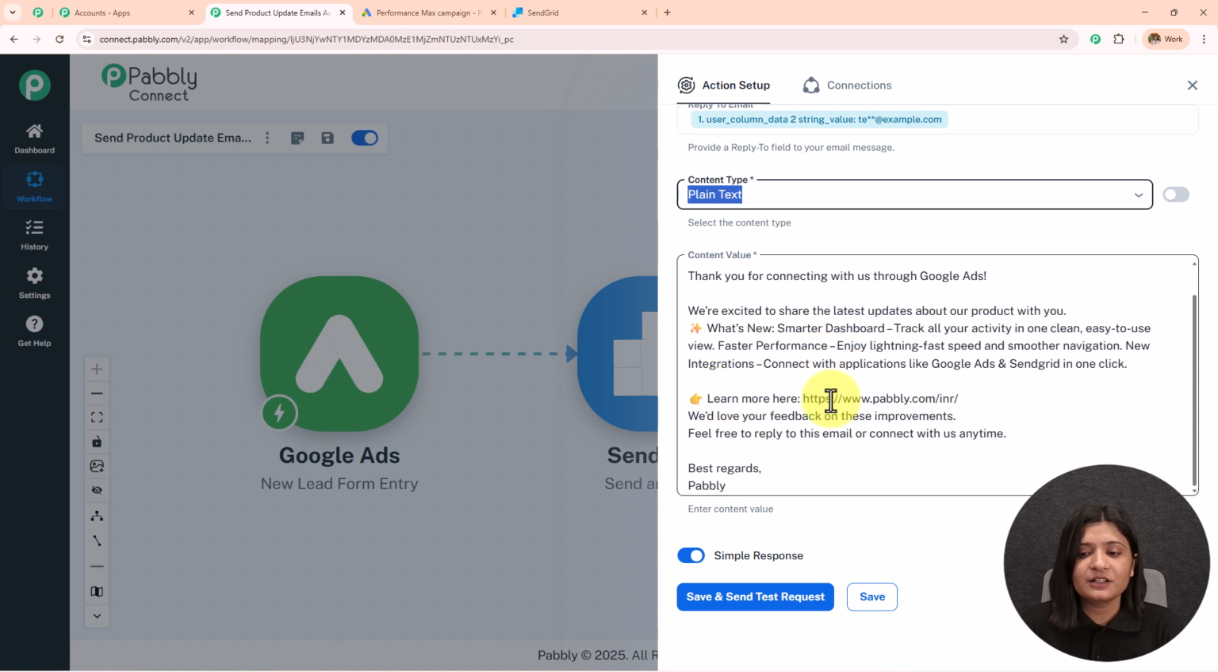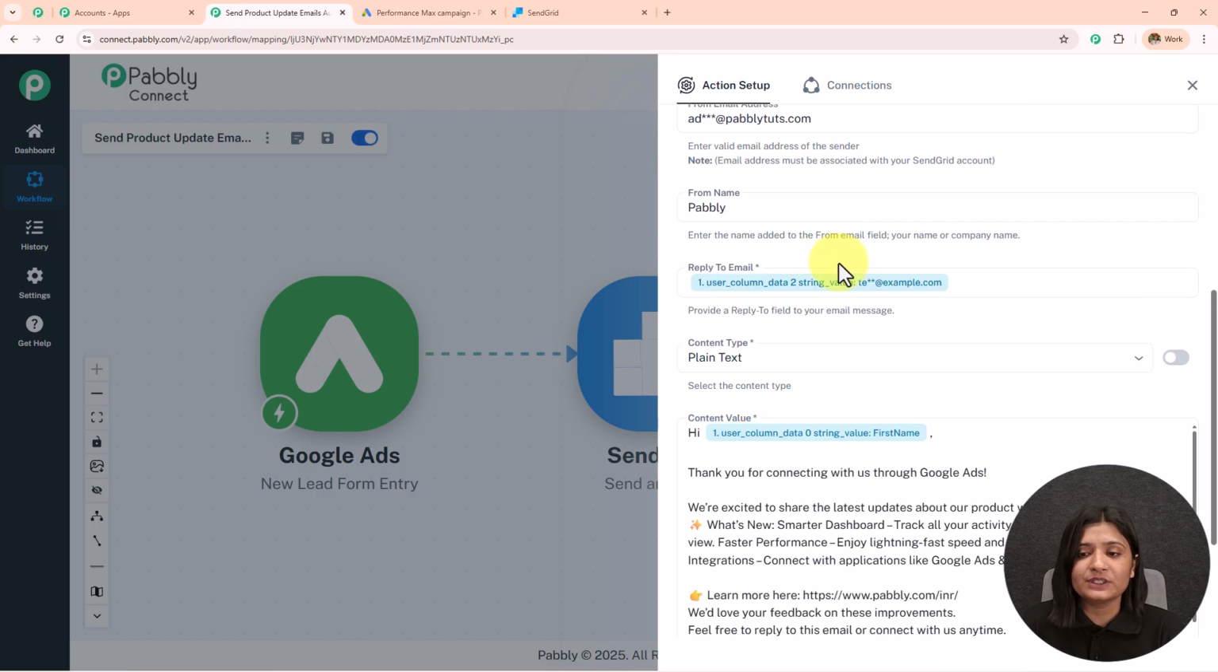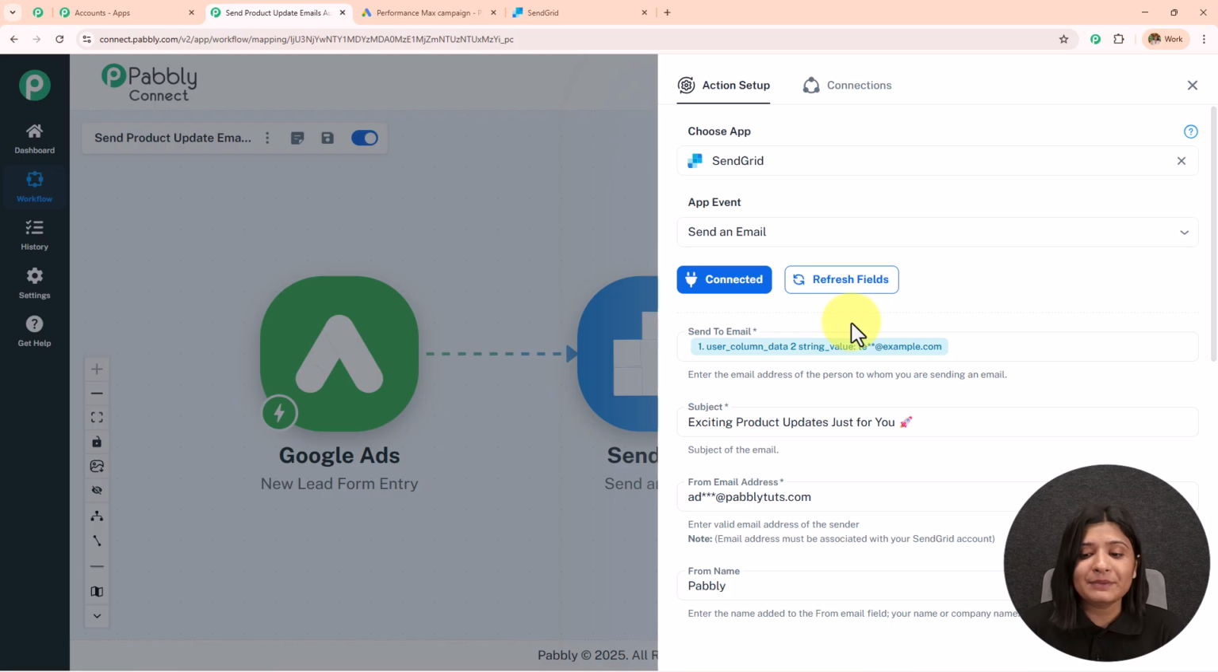Then I have added "Learn more here." I have added the website link. You can add your own link. We'd love your feedback on these improvements. Feel free to reply to this email or connect with us anytime. Best regards, Pabbly." Now over here you see I have mapped all these details because mapping is important so that